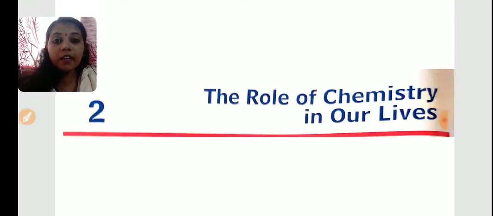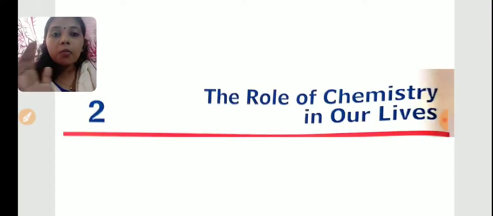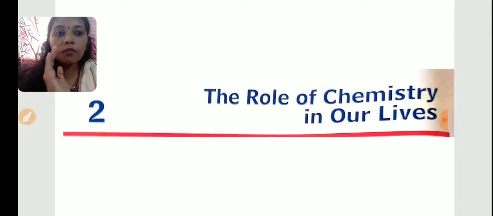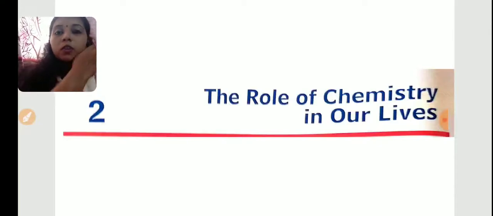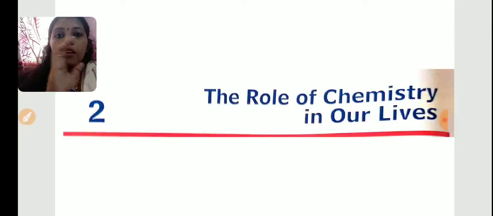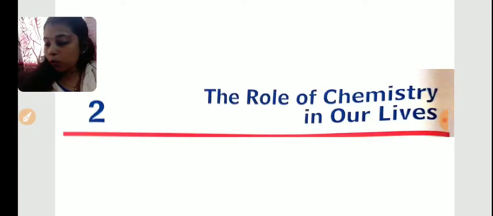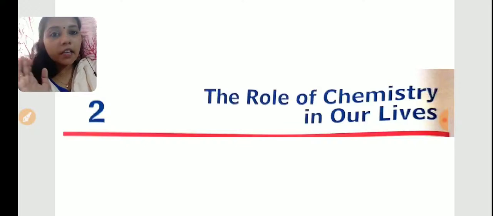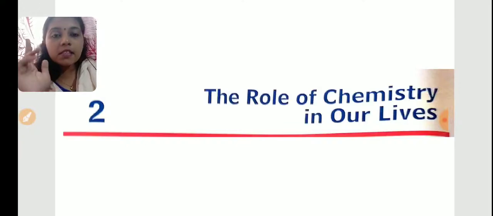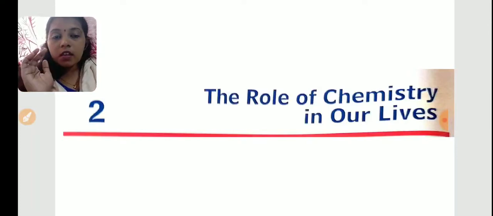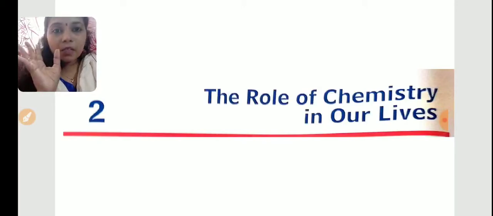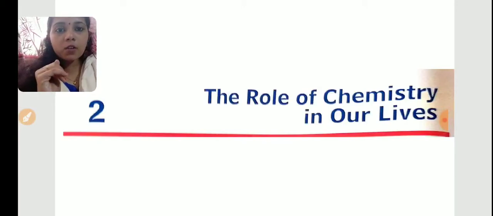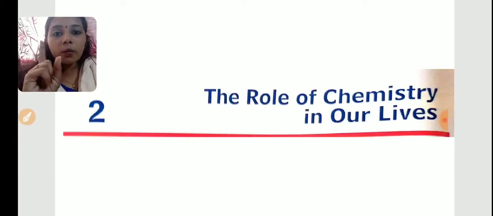What we were studying in our previous sessions about our second chapter, the role of chemistry in our life, right? In this chapter, we were studying the topic chemistry and food. In this, we have studied about fertilizers, pesticides, and food processing, etc. Here is one small brief description of all these topics. The first topic was fertilizers.